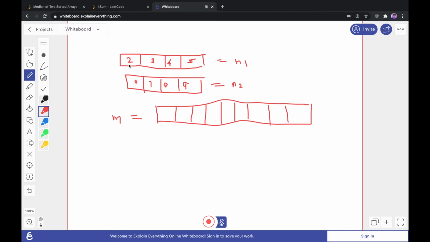So we directly push the elements from nums1 array into the merged array. So it will be 2, 3, 4, 5 as it is.